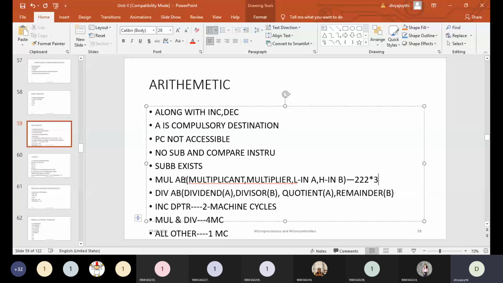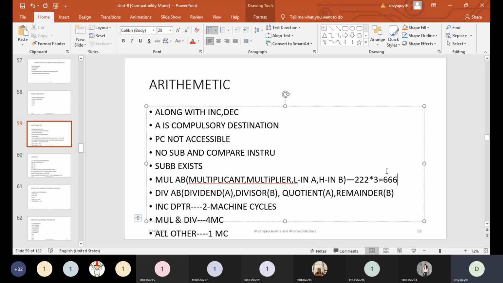After the execution, it will perform the multiplication. When we perform the multiplication, we get 666. So how is this result going to be stored, and where? Before the execution, A will have 222 and B will have 3. And after the execution, the lower byte of the result